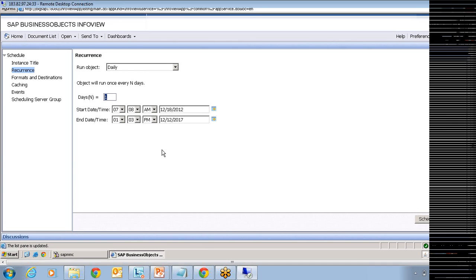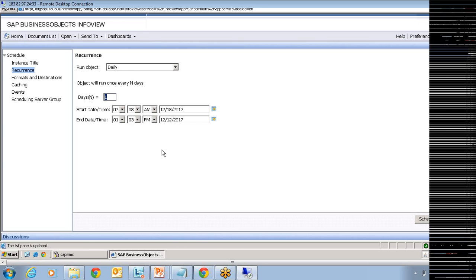This end time is, since you have selected daily, up to when I need to run this report. Something like today I've executed this report and even tomorrow I'm going to execute at 8 o'clock. So what is the end date for that? Do I need to do this daily execution for 1 year or 2 years? That is what the end date means.